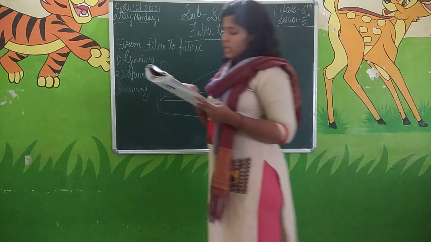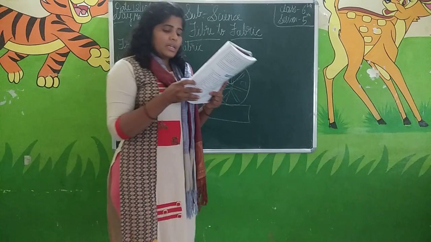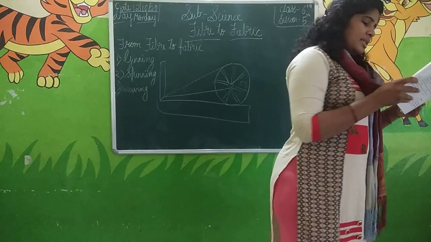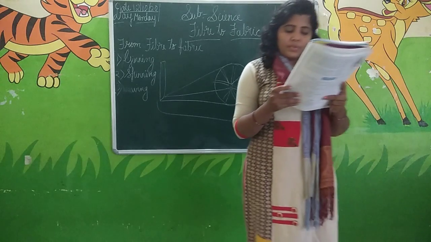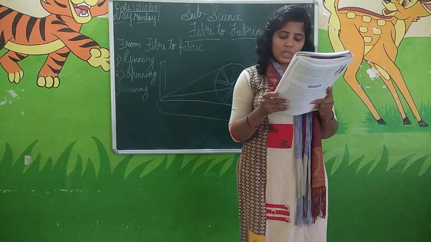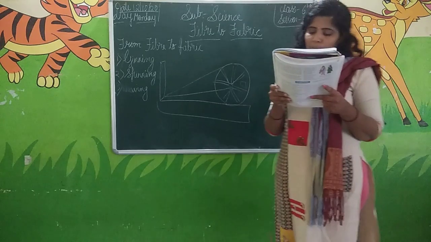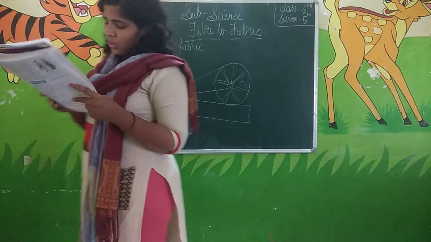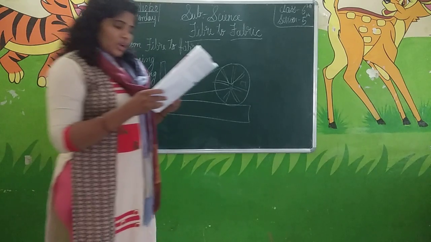Why did they wear animal skins? To keep themselves warm in the winter season. When people began to settle in agricultural communities, they learned to weave twigs, meaning small branches of a tree, and grass into mats and baskets. Later, humans developed the technique for spinning and weaving cloth from the fluffy substance of the cotton plant.